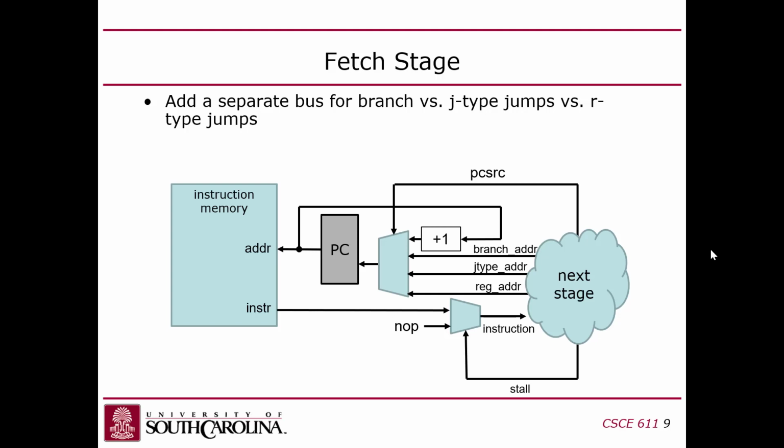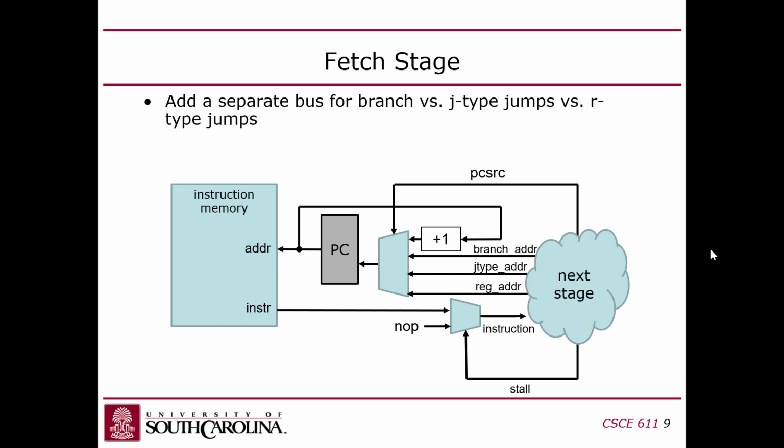If it's a branch instruction, it's PC plus offset, right? So that's the branch address. If it's a jump instruction, a JType jump instruction, you just pull the address directly out of the instruction itself. And then if it's a jump register, you have to get the address from the read data 1 coming out of the register file. So the idea is that these 3 values are going to be set for every instruction,